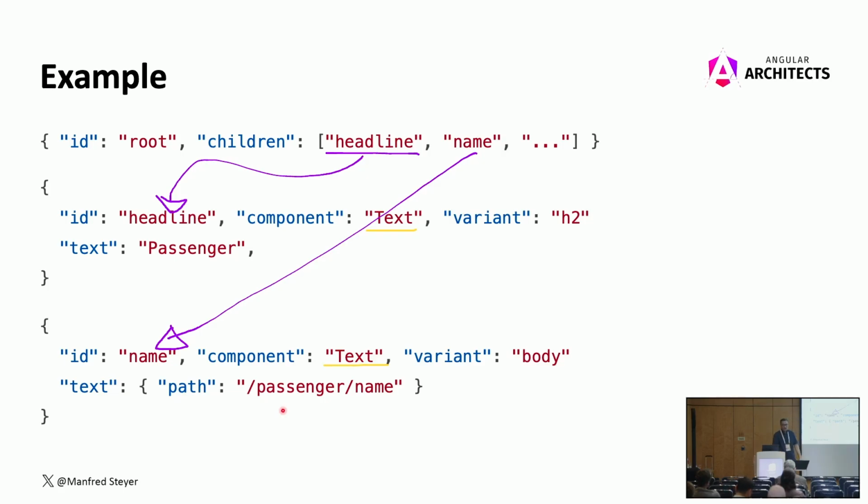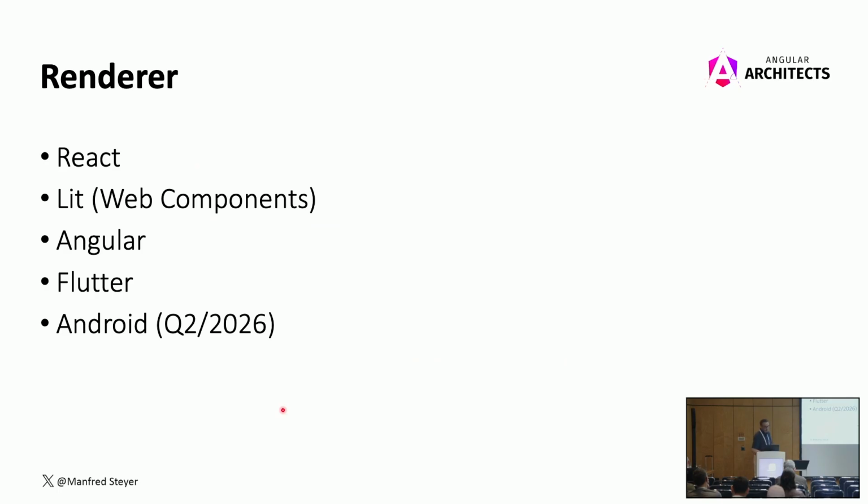So you can say, hey, in some seconds you get a passenger, and please display his or her name here. This has the huge advantage that we can cache this. We don't need to reproduce this time and again from our LLM. And if the passenger to display is changing, we just have to send down this data package containing our passenger, and it will be automatically updated in the UI. So really, really smart.